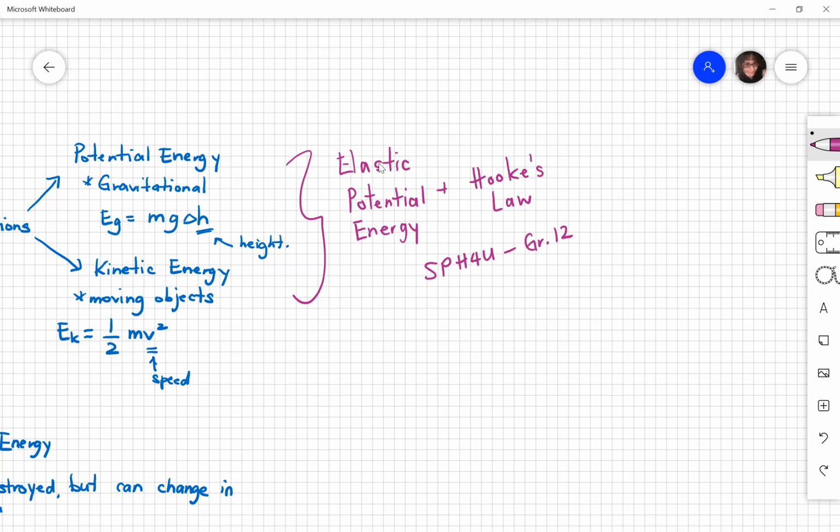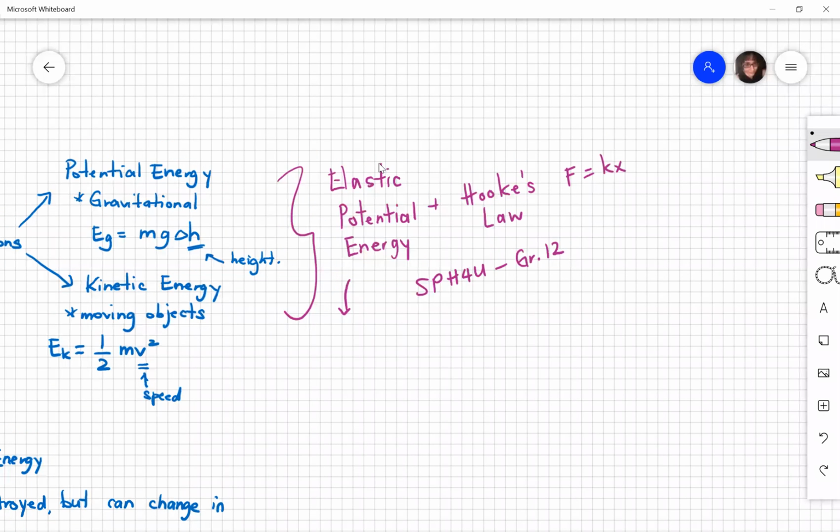So I'm not going to dwell too much on this topic, but if you did go through the material that is posted online on D2L, if you are interested in solving the questions for Hooke's law, there is an equation where F is equal to kx, and the elastic potential energy equation looks very similar to kinetic energy, where the elastic potential energy is equal to one half kx squared, where x is related to the stretch or compression of the elastic material, measured in meters, and then k is what we call the spring constant